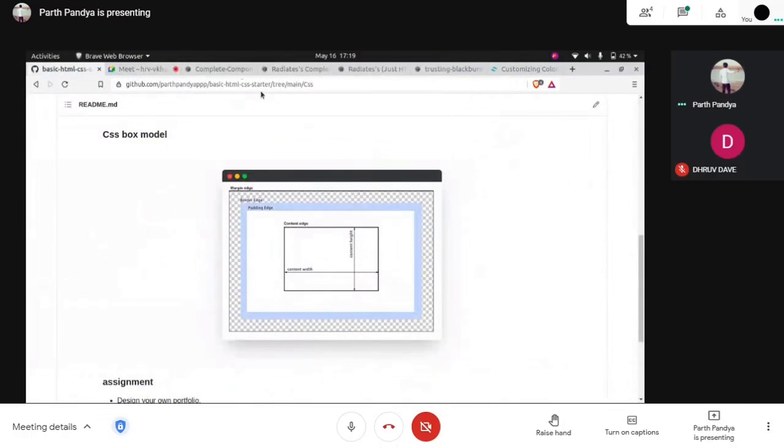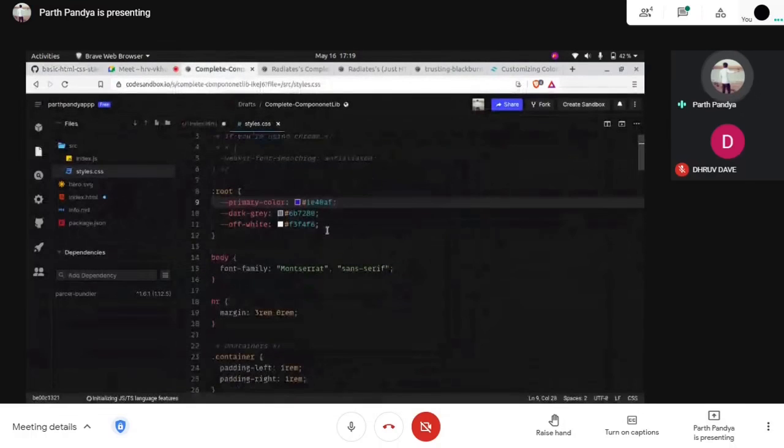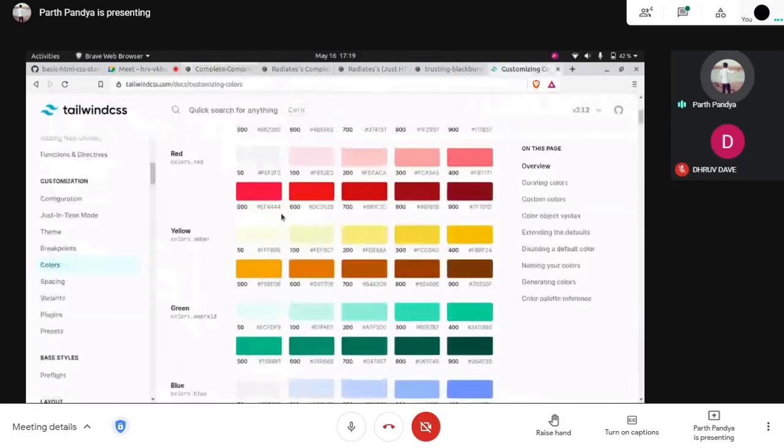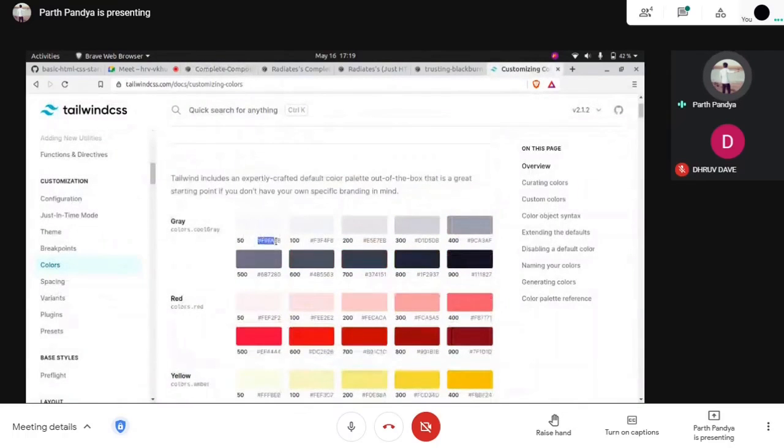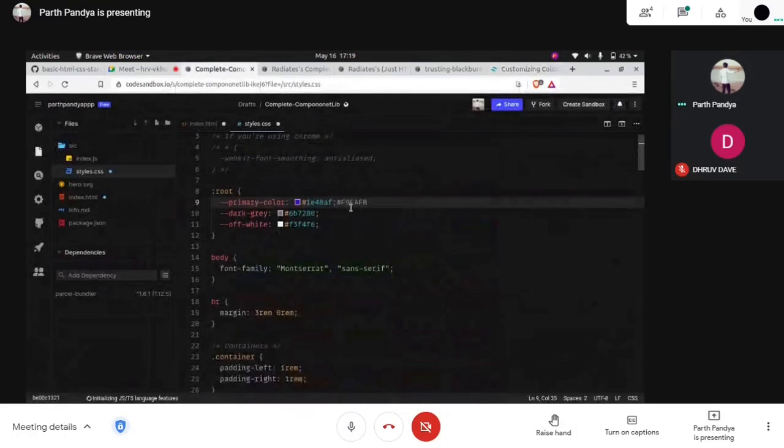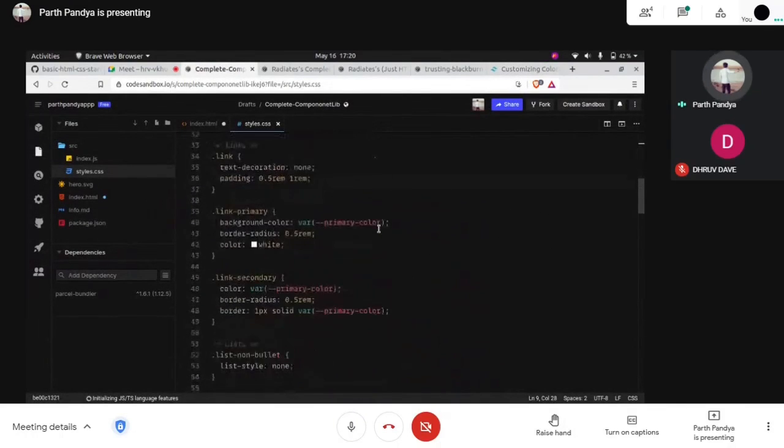Now let's see, we have defined a variable. To define a variable, we use a double hyphen, then give a variable name, then a colon, and then provide a hexadecimal value for the color. I have copied this from here. Anytime we want to copy any color, you can just copy from here and simply paste it here. So we have done that already. We have used this blue color and we are using it as a variable.